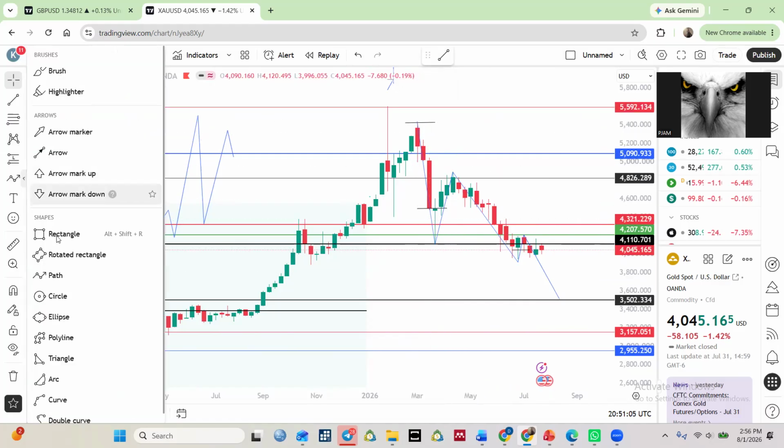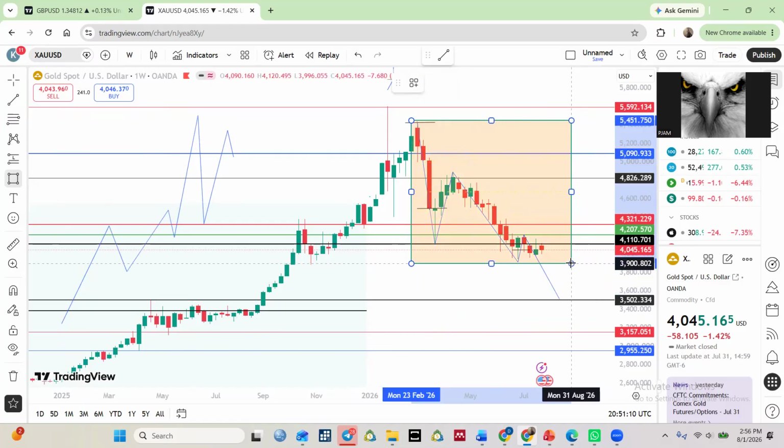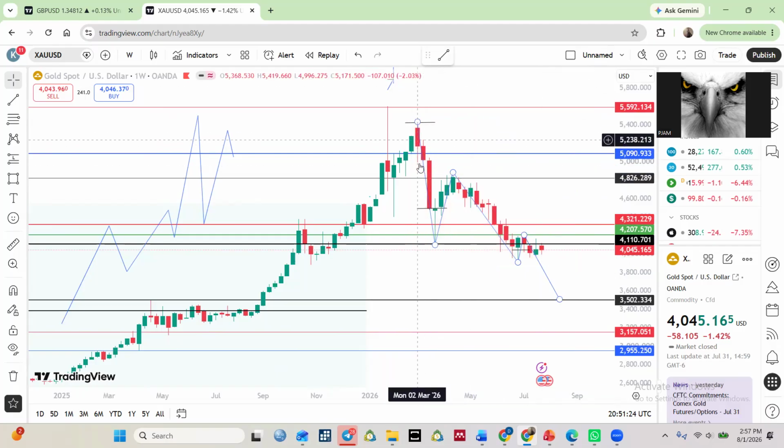So this current move we are seeing here is likely a pullback of the whole move that started from here, the bullish move to the top. This is like a pullback for it. But it is also giving us bearish structure: low, lower high, lower low, lower high. Is it going to continue going down? We don't know. But if it continues going down,